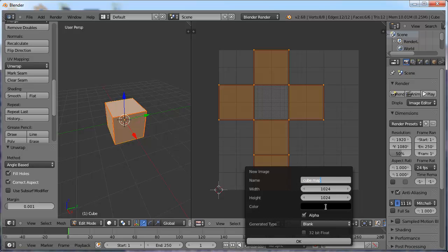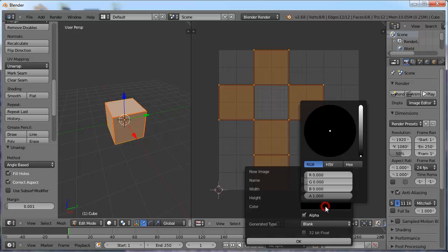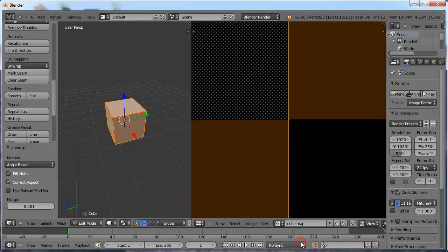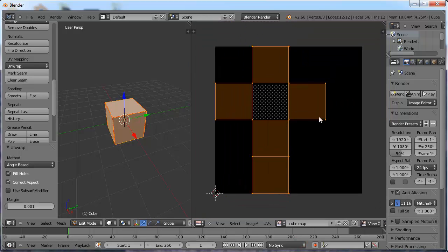And let's change the color from black, so click on this black color. Let's change it to white. Actually, maybe we should leave it, yeah, let's just leave it for this one. So let's leave it black, click OK. Now, I don't know why it zoomed in so far, but zoom back out, and now we've got this black